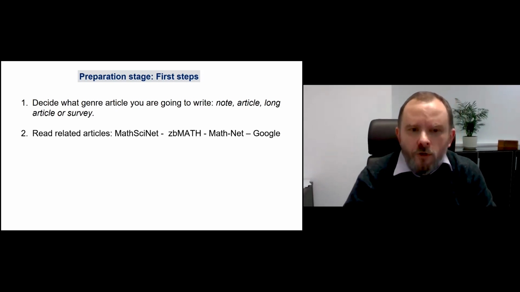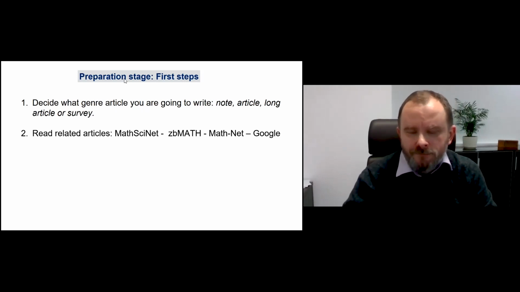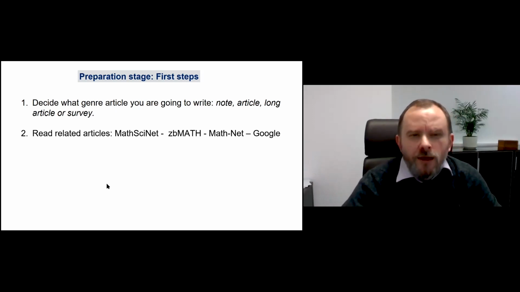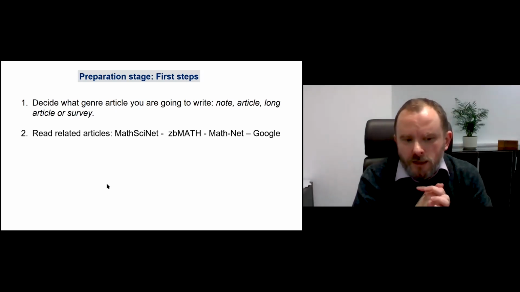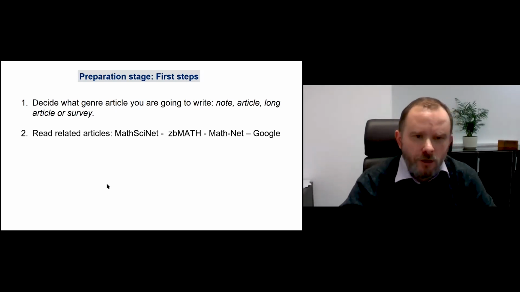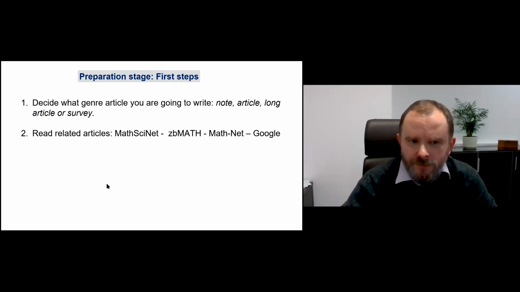And also, one more comment on this subject. It's good to fix the circle of authors, who will be the authors of this paper, at the very beginning. And if possible, also to fix the title. When we prepare an article, it's very good to understand from the beginning who the authors are and what the title is. The title you can change during preparation, but who participates in the article, who the co-authors are, this is a source of possible conflicts. And for preventing this, I strongly recommend to decide it at the beginning.